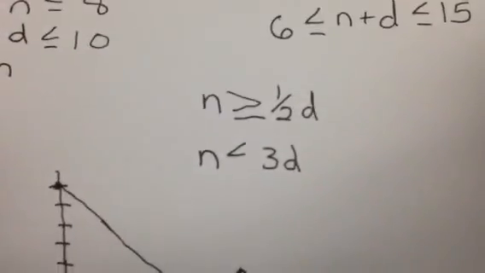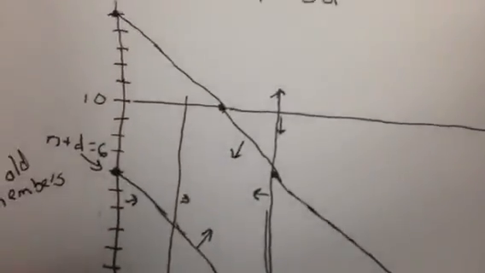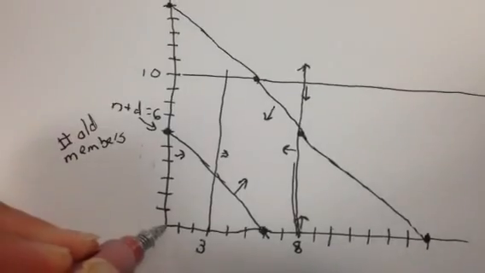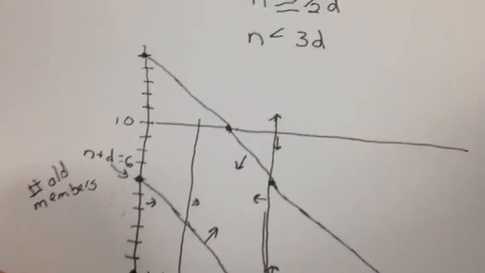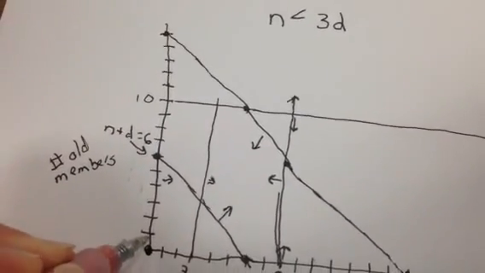We also have the number of new is less than 3 times the number of old. Let's see a few values that would work for creating that equation. 0, 0 would definitely work. The number of new is less than 3 times the number of old, so if the number of old was 1,